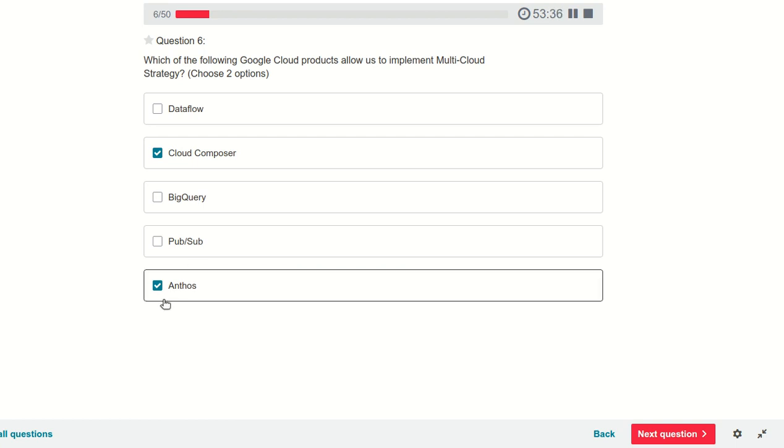So Anthos acts as a middleware. Only by using Anthos can we manage the applications on both sides, with a single configuration, on Google Cloud and on premises. So this is also multi-cloud. So these two look okay.